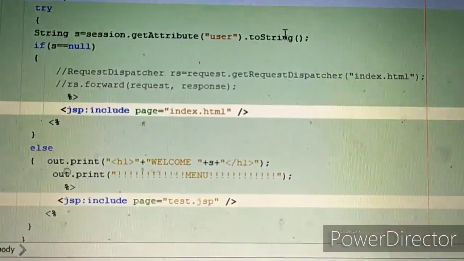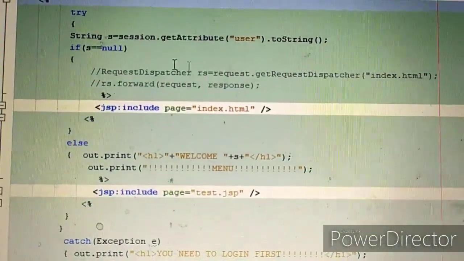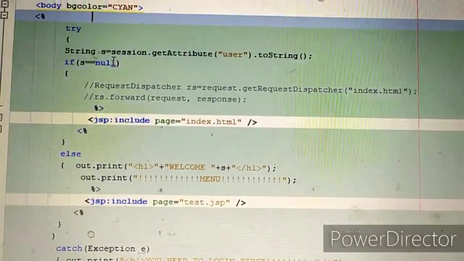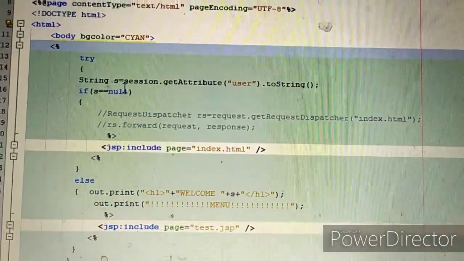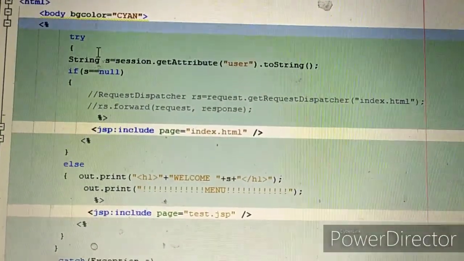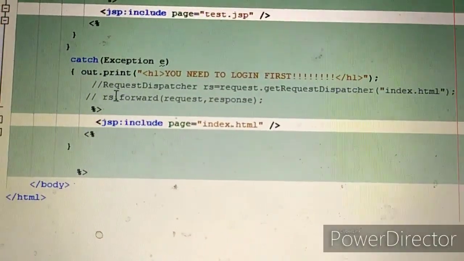So whenever the value of the session attribute is null, it will throw an exception, and we have handled it in the exception.